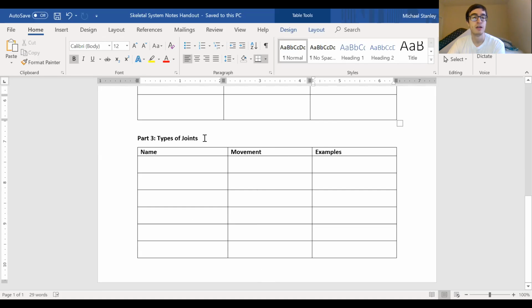Then finally, the third part is the types of joints. And so what are the names of the 6 different joints that we talked about? What kind of movement do they allow? Is it lots of movement, one type of movement, or very restricted movement? And where are some places in the human body that you can find these types of joints? So hopefully that should be everything you need to know about the skeletal system and how to answer the questions